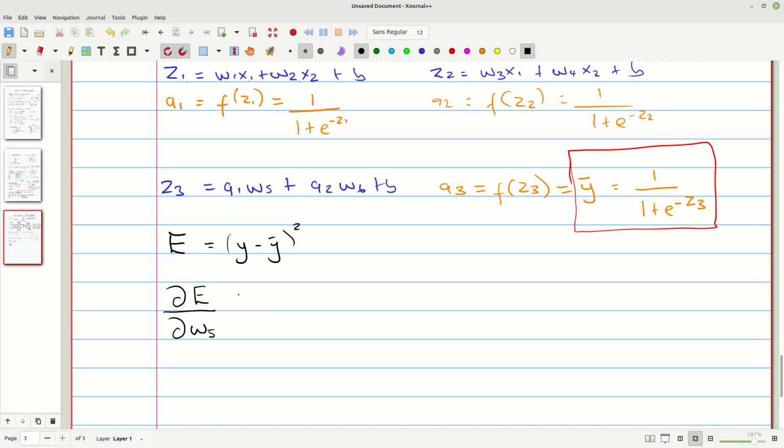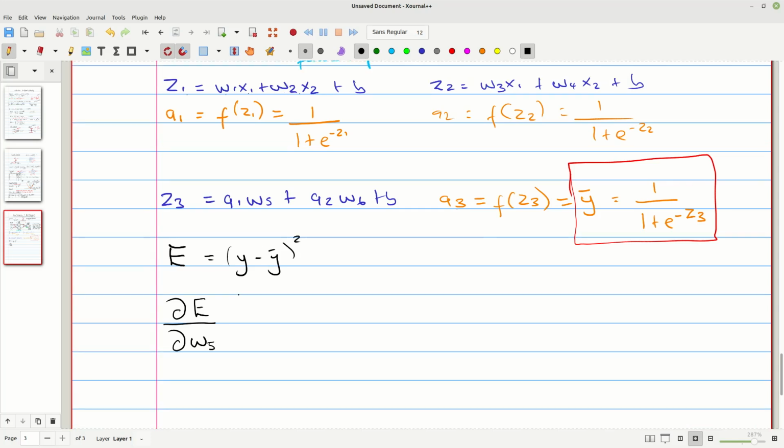And how do we go about doing that? Well, if we look at the error term, right now it does not have an expression in w5, right? So what we can say is this is equal to